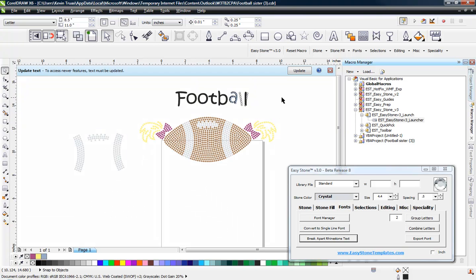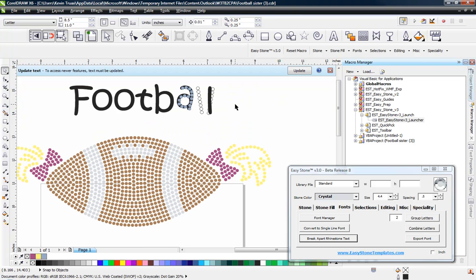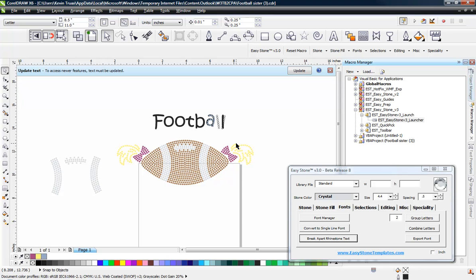All right, so then the next thing that I noticed that they didn't really even ask about is in regards to the football text here. I was looking at this text and I thought, oh boy, looks like they're doing things the hard way. And so I remember when I first started with doing rhinestone design, and I started with various other programs before developing EasyStone, I thought to myself, well, geez, this program is lousy. And no, the program isn't actually lousy. It's just we don't know how to use those programs. And that's usually the biggest thing with any rhinestone program. It's not necessarily that it can't do what you want it to do. It's just the developer doesn't do a very good job of explaining how to accomplish a given task in the